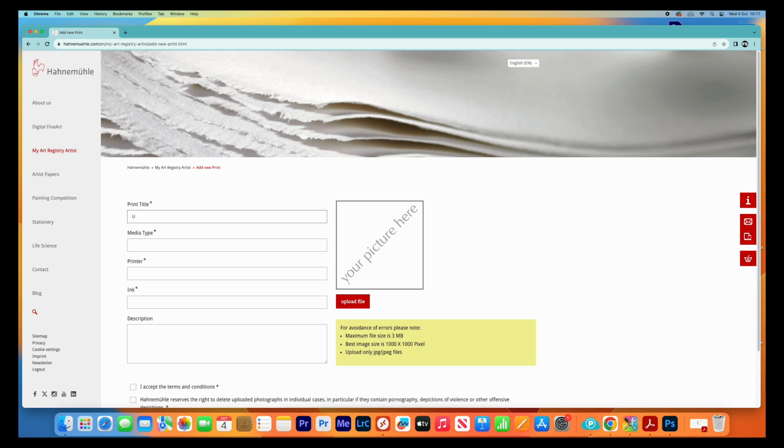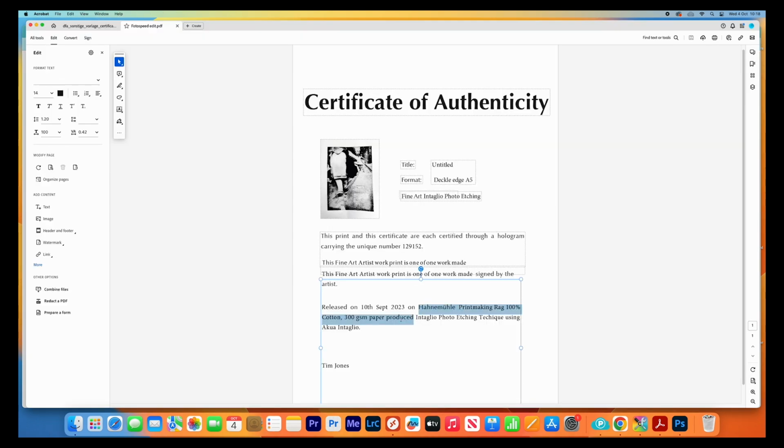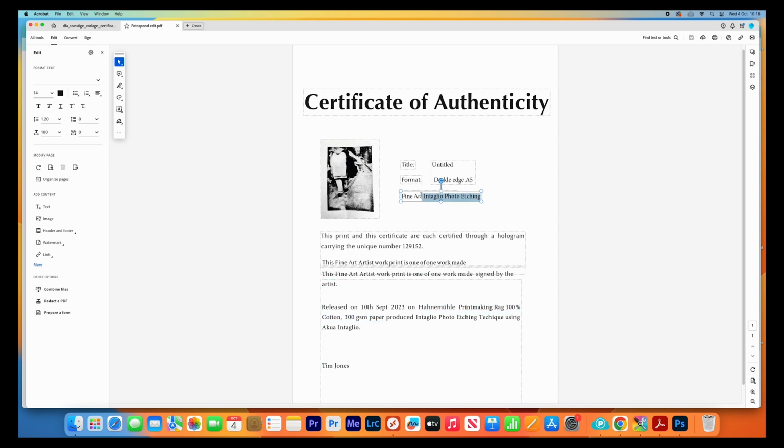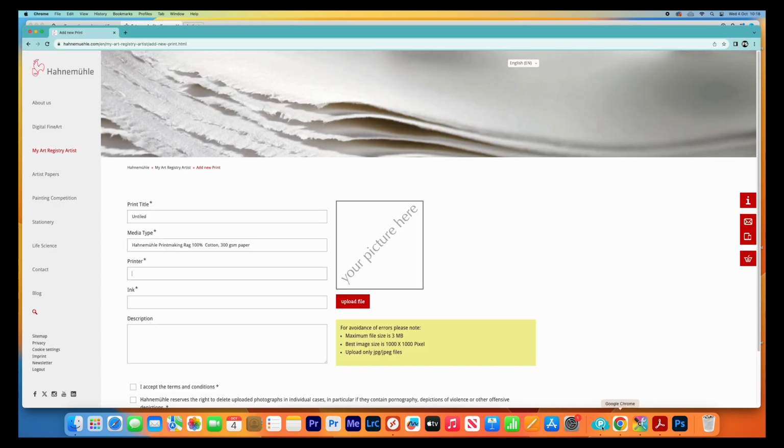So untitled, media type, but basically we can just copy all this information from the template that we've popped on there. So it makes it a little bit quicker. That's why I also do the certificate first, and then you can just copy all the information over. A little bit quicker to just do. So I'll just quickly do that. Ink type as well. So I'll just quickly do that and then I will show you how to add the